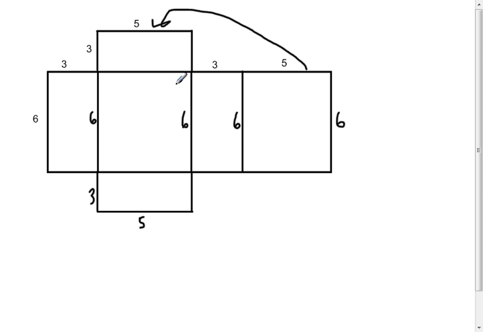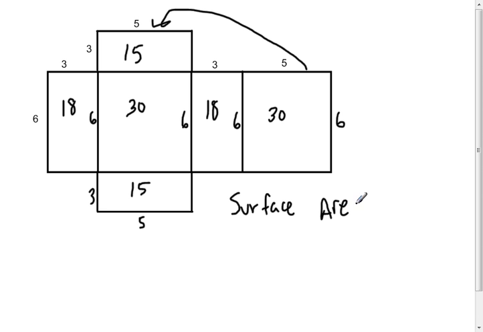The next question is, how do we define the surface area and then the volume? So the surface area, the net helps us a ton with that. What we're going to do is just find the area of each part of this, add them together, and that's going to give us the entire surface area of this shape. So 3 times 5 of this rectangle is 15. 3 times 6 is 18. This side is 5. 5 by 6 is 30. 3 by 6 is 18. 5 by 6 is 30. And 3 by 5 is 15. So the surface area